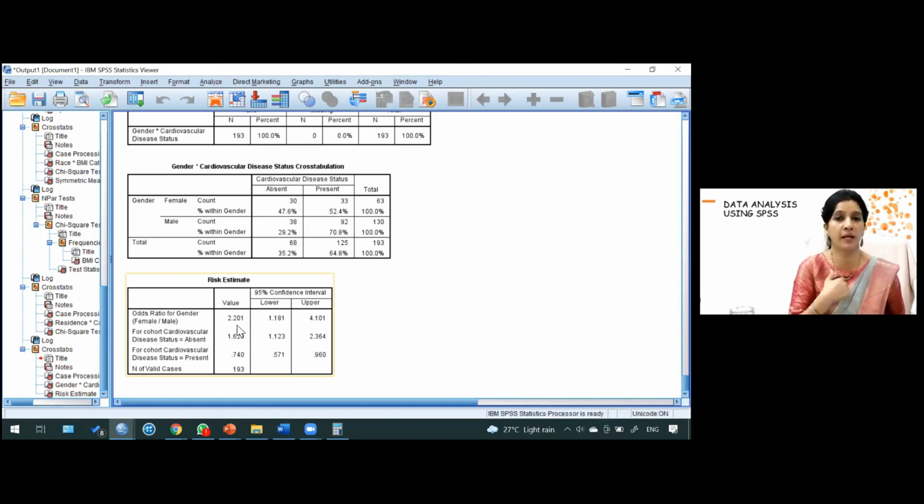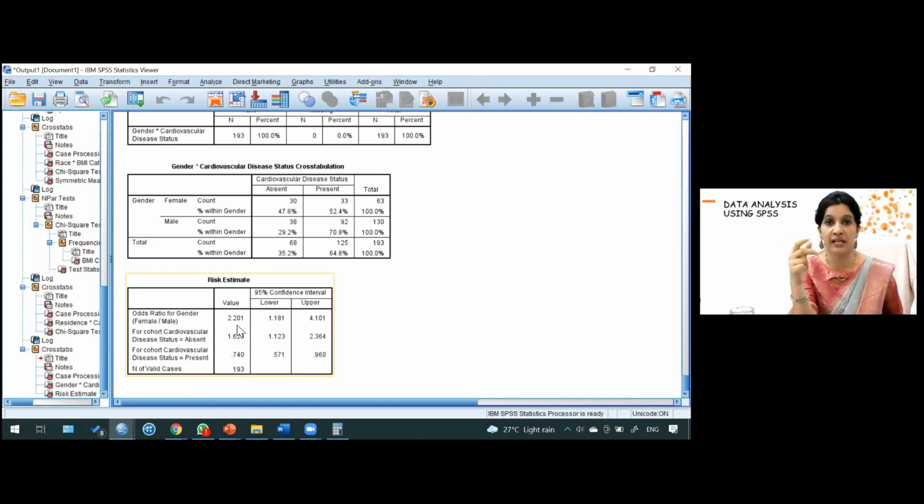What do I mean by category? The number of coding which you have given, it gives you the odds ratio in respect to the lower code. So the lower code is female and higher code 2 is for male. So it tells you the risk of cardiovascular disease in male as compared to female. Now, this is odds ratio, and this is what we call a crude odds ratio or unadjusted odds ratio.